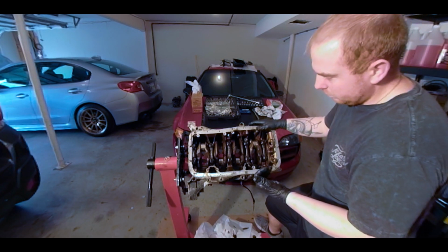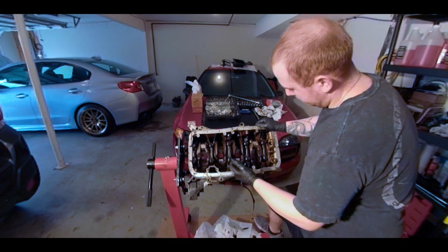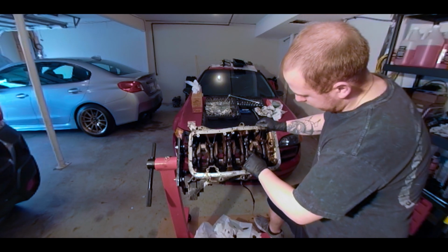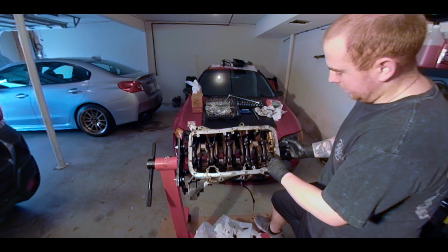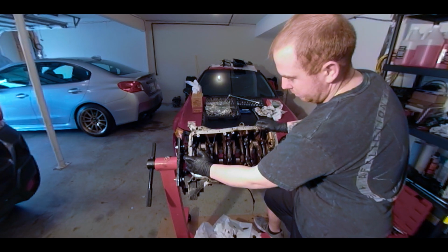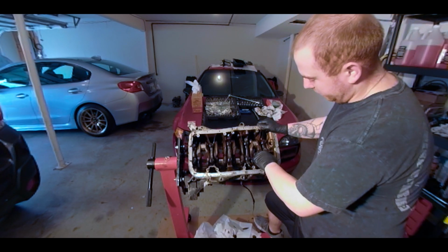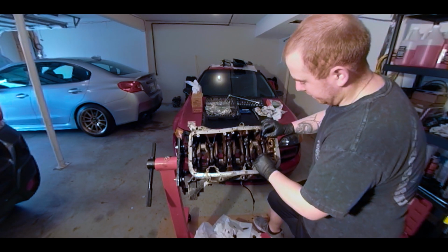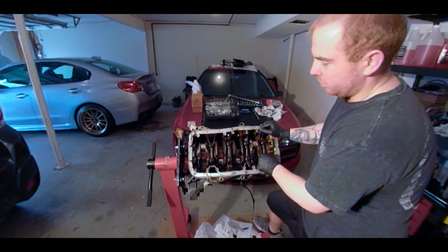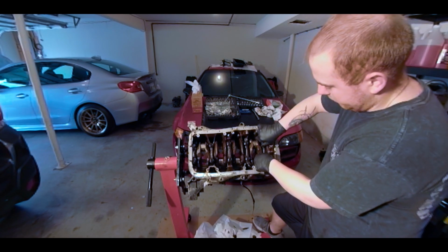on removal. One thing I did find though is these need to be labeled. These are labeled. It says 1, 2, 3, 4, 5. It's going from the timing belt to the rear to the flywheel. Thankfully these are labeled because I don't have a hole punch to label them. I guess I could have etched them. So we're gonna go ahead and take this first one out,